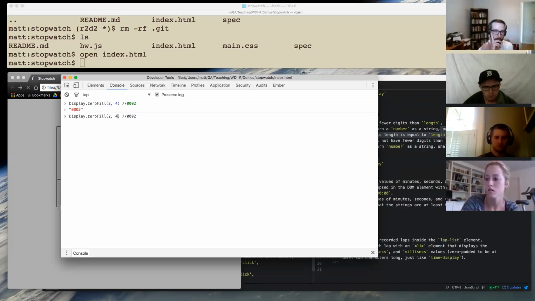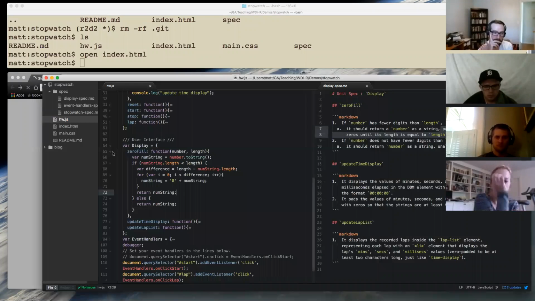Cool. But wait, what if it's already that long? What if it's 1002? What does it do then? What it should do is just give me back 1002 according to the spec. And it does. Hey, great. Cool. I guess I know that zeroFill works now. All right. If zeroFill works,